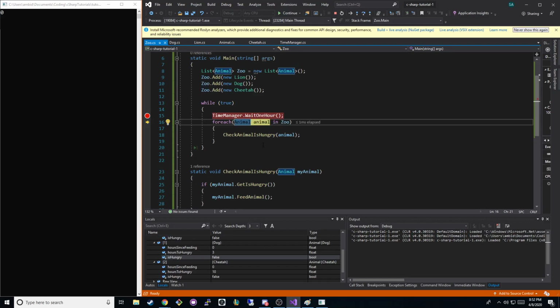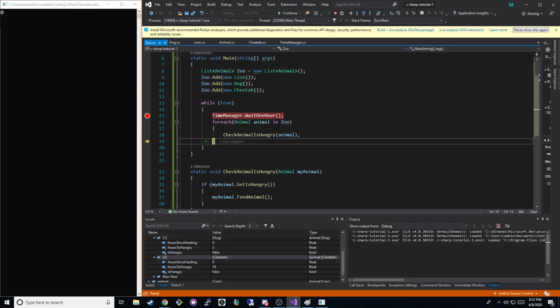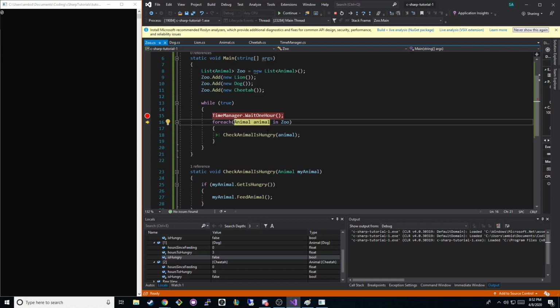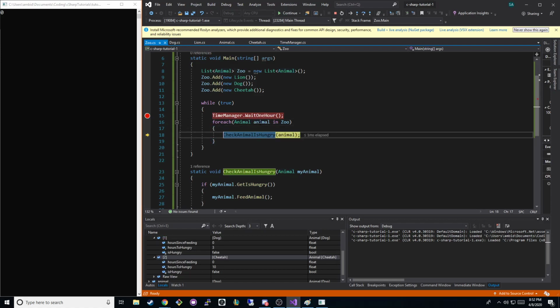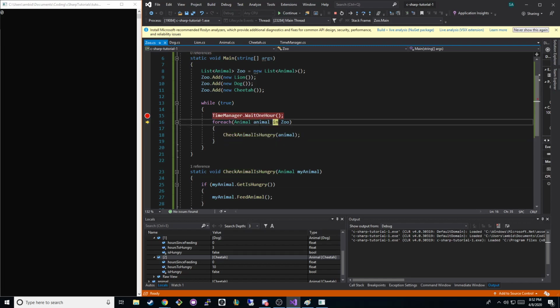So we're going to loop through each of the animals. So if I go in here, you can see our current animal is dog, and then we go back through it again. Our current animal is cheetah. And then we're going to go to the end, and we're going to go through the while loop again. Okay, so now, as I go through,